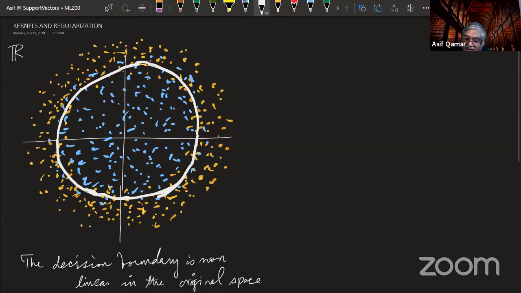Would you agree? This is a R2 space. Let us say that this axis is X1 and this axis here is the X2 axis. Now, could you guys see an intuition of something that will make it linear? When you look at a problem like this, you ask, okay, can I use logistic regression straight away? And the answer that comes to mind is perhaps not, because it's rather a curved decision boundary,